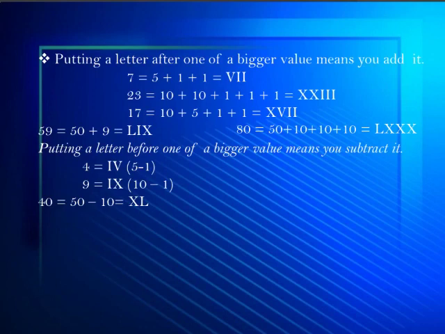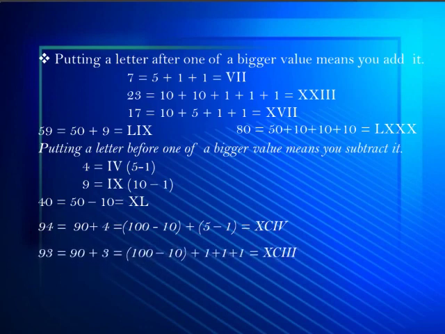Now the same way you see for 94. So for 94, how do you break up? 90 plus 4. So 90, you don't have a Roman numeral, right? So 100 minus 10. So 100 minus 10, what is the Roman numeral you have? 100 is C, and for 10 it is X. As it is a subtraction, you will write X before C.